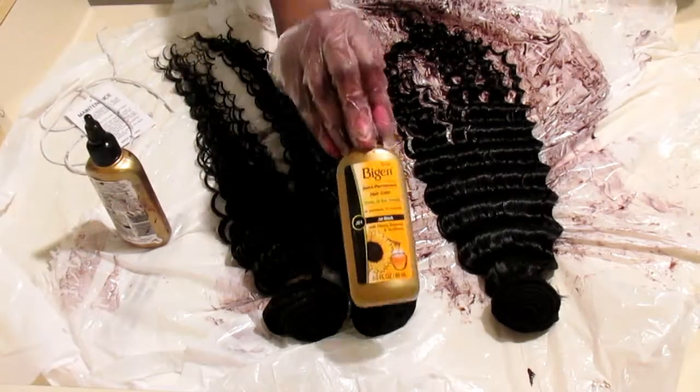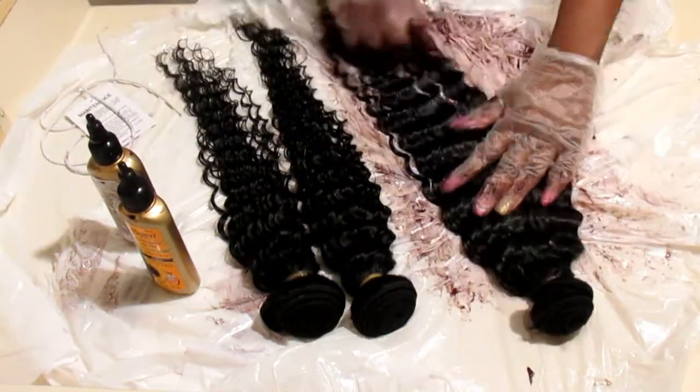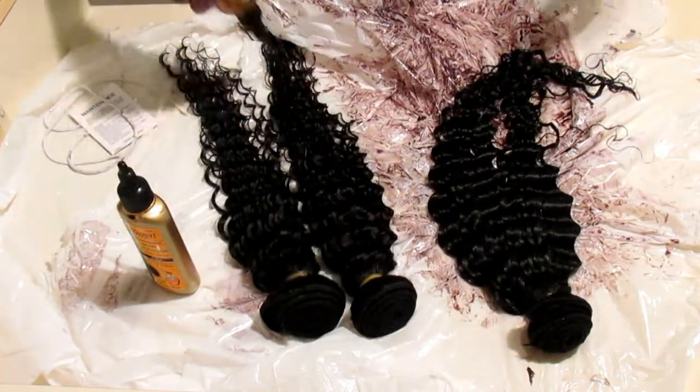Okay guys, so I've already went ahead and applied my color to the first bundle, as you can see here in this clip. Now the color that I'm choosing to use is not a permanent color. I'm just simply using a rinse, and for those of you who are wondering why I chose a rinse instead